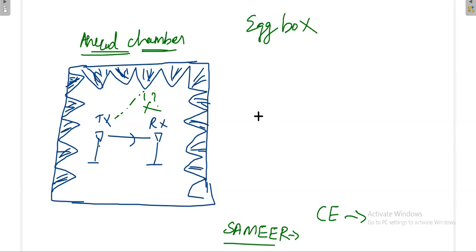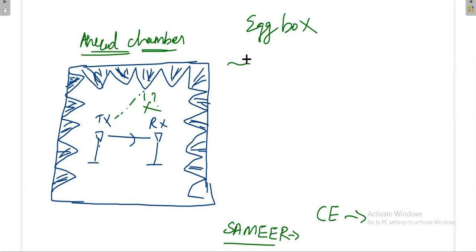That also you can use as an absorber, a sound absorber. Suppose you are in your room, whenever you are talking, if there is some reflection, some echo, to avoid that echo you can use egg boxes also. Then you will not have any echo. That will absorb the echoes. You will not get any echo. Okay, that's the idea. Next, then what is here?